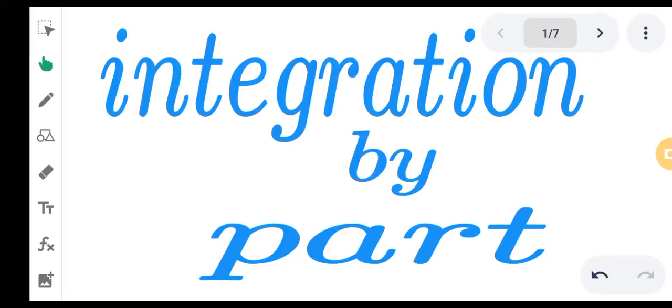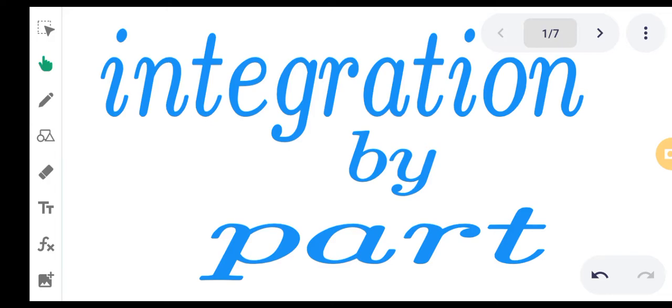Okay, hello. So today I want us to see something about integration by parts. Okay, integration by parts. There is a shortcut for finding integration by parts, especially when we are dealing with an exponential function, a trigonometric